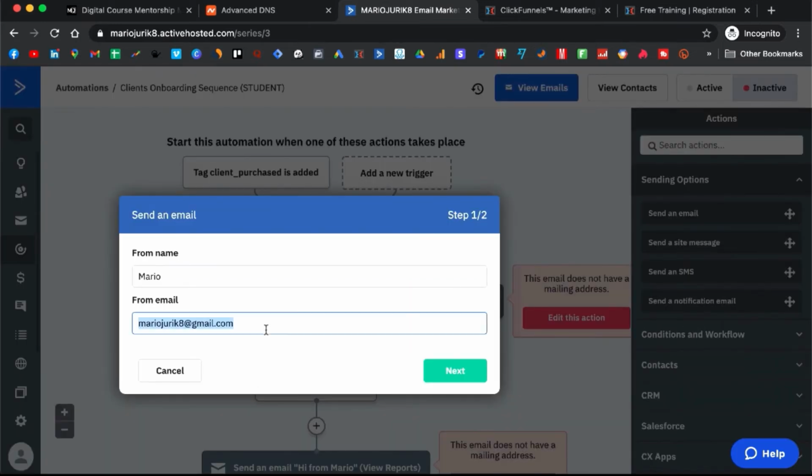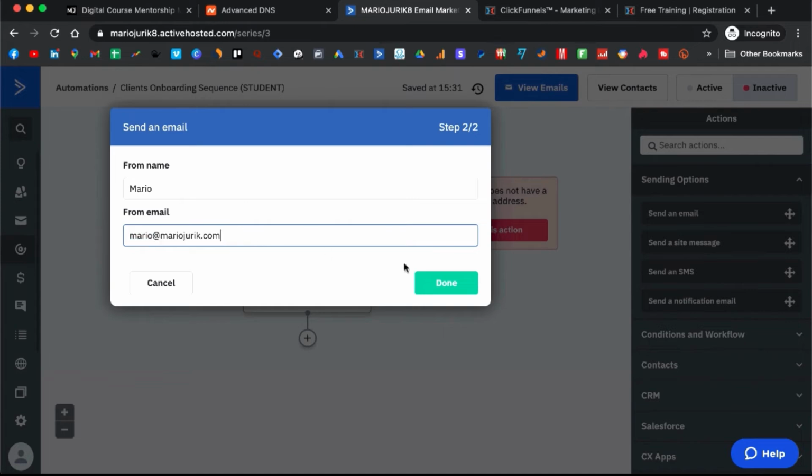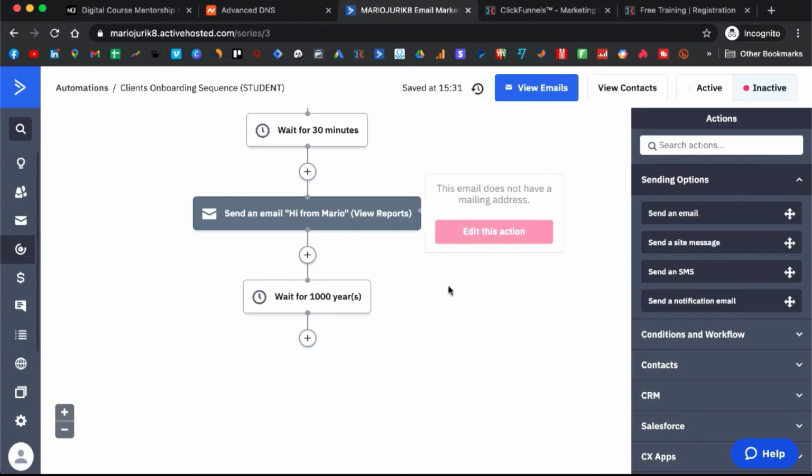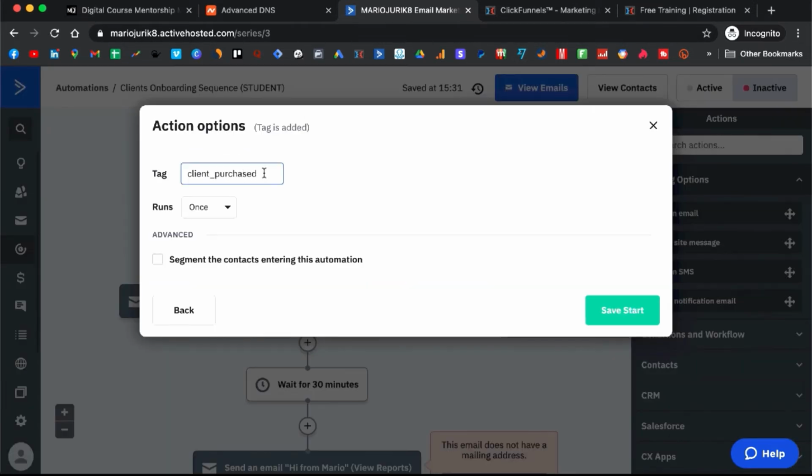And again, you want to put your business email we set up right here, right? And again here. So these are two emails. So we need to connect it to our ClickFunnels account again. So you want to grab this tag, you click on it, copy it,